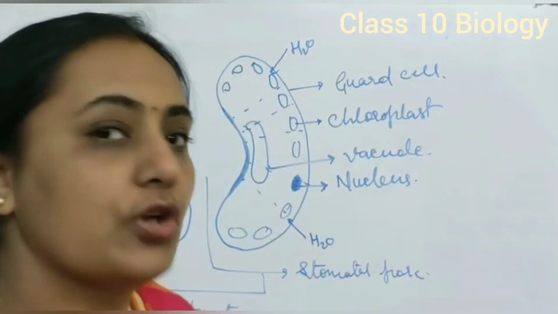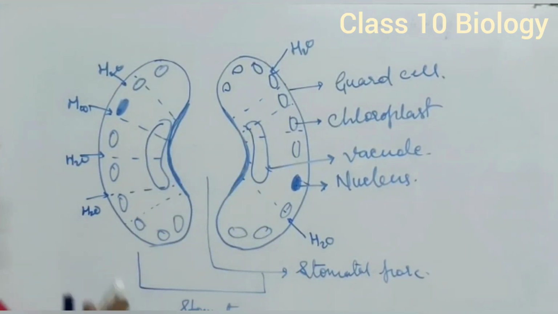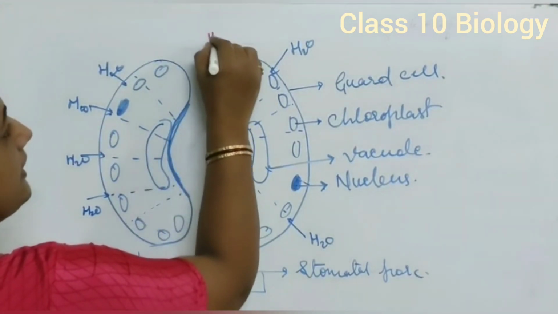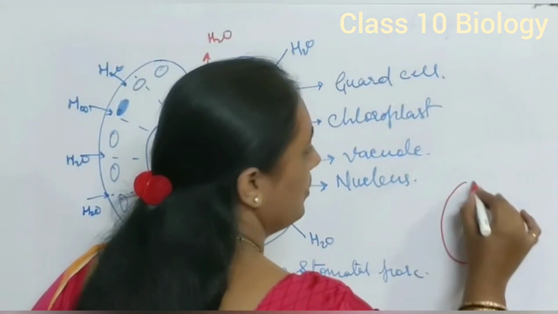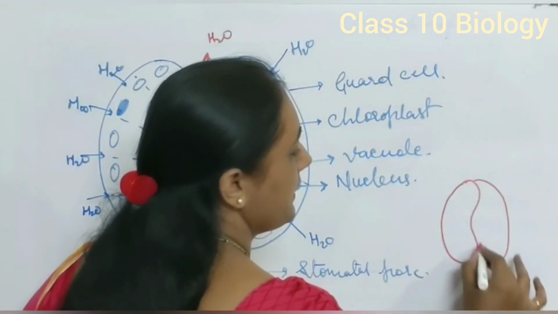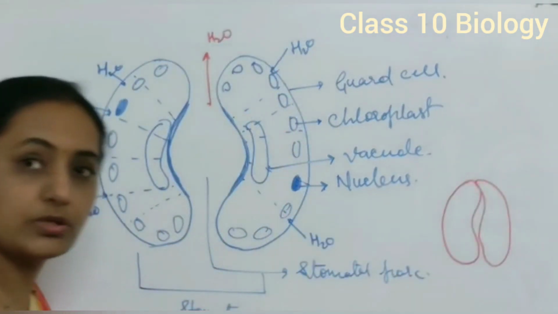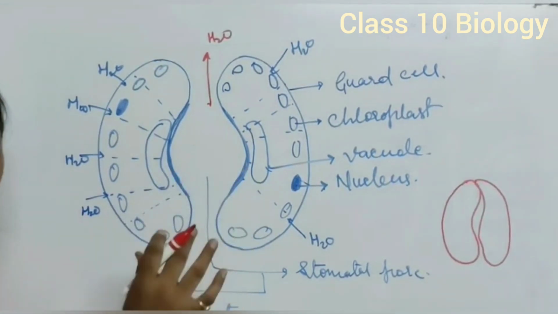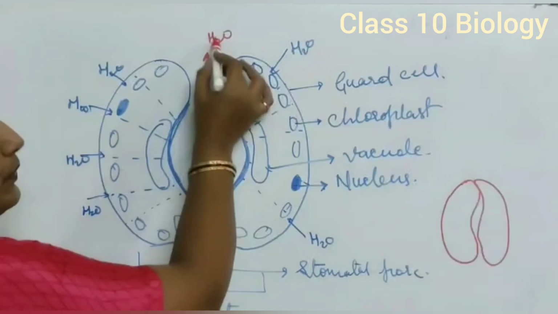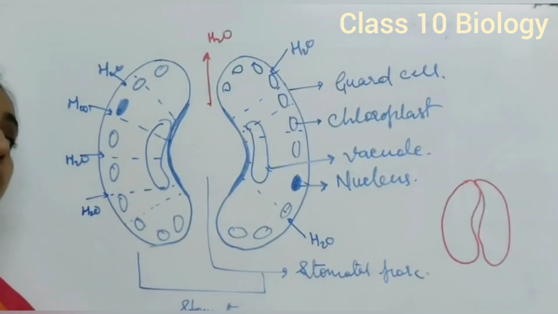Because of accumulation of water, stomata get open, and as soon as water evaporates, the pore gets closed. So afterwards when stomata get closed, we find the structure appearing somewhat like this, and the stomatal pore gets closed. This is the mechanism of stomata, and through this mechanism stomata help in evaporation of water, that is called transpiration, as well as help in exchange of gases during the opening.